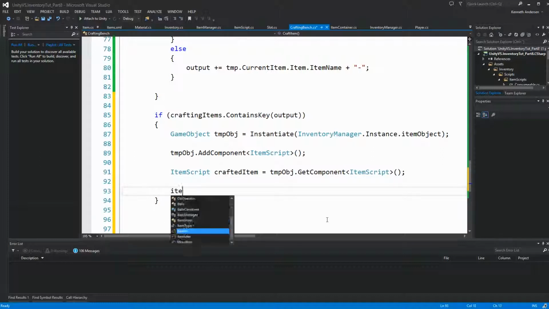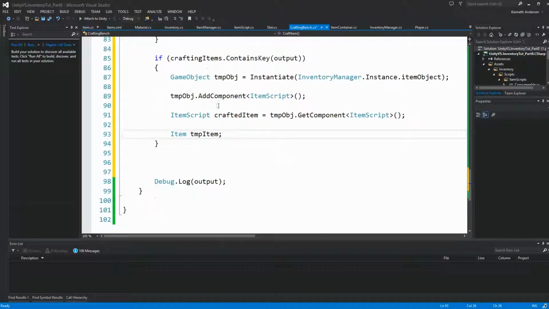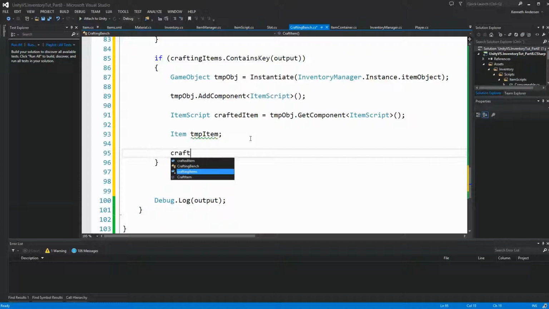And then we're going to say item temporary item. So now we have a reference to the item script here, and now we have the item we need to create, and the temporary item should be equal to crafting items try get value output